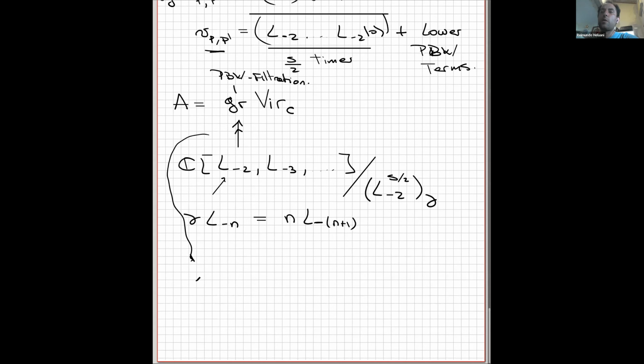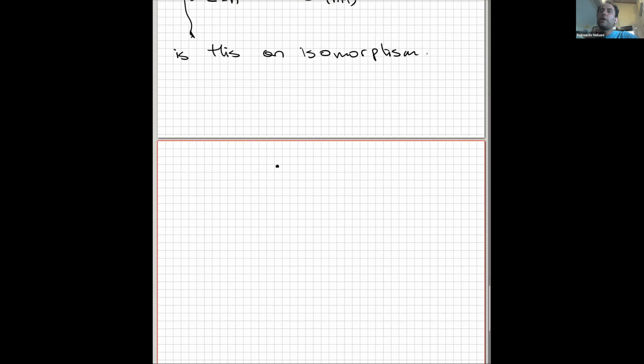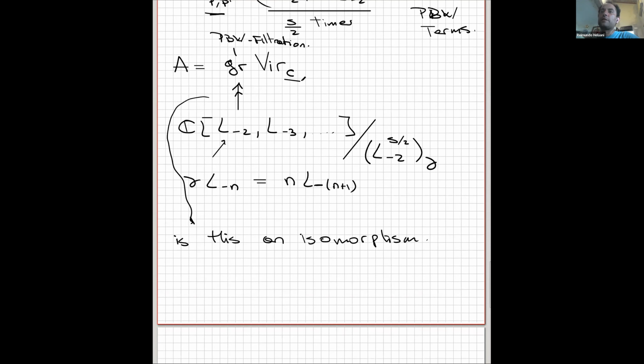So second question, this is a question of Arakawa in general and Moreau. So is this an isomorphism? Let me phrase it in terms of vertex algebra theory in general. What's going on here? This guy here is a vertex algebra. Every vertex algebra comes with a filtration, and the associated gradient is a Poisson vertex algebra. This quotient here,